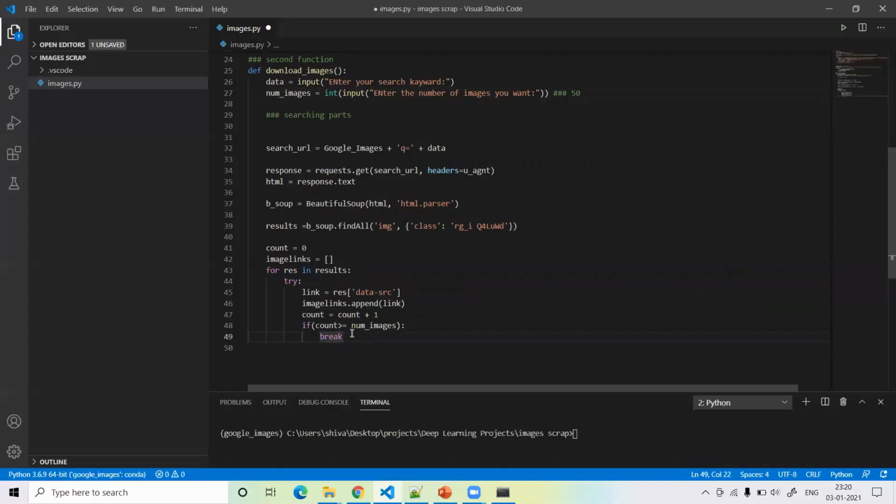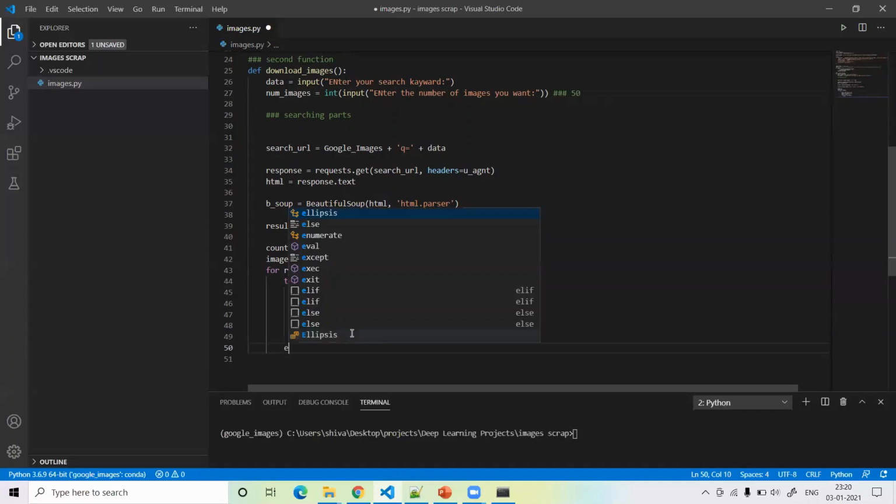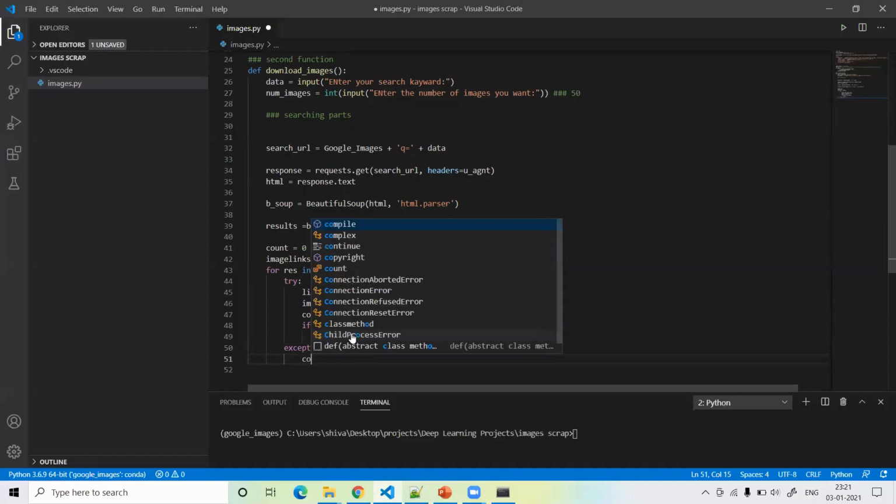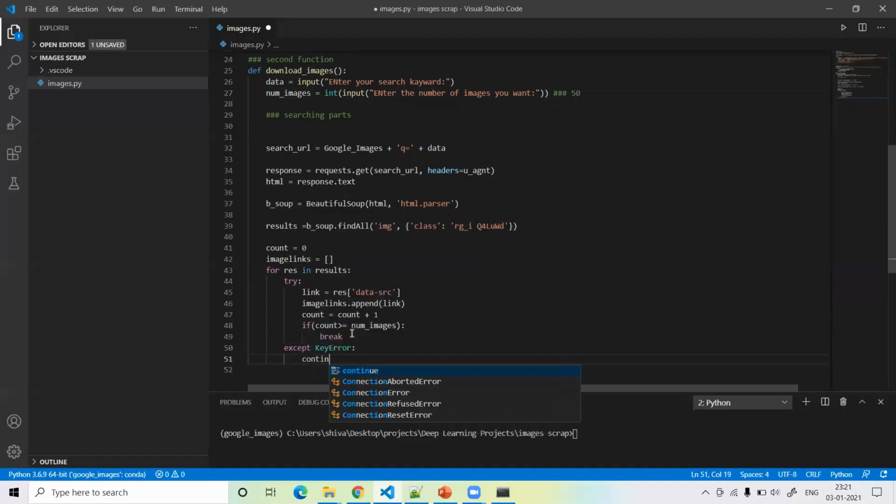So I just call the break function. Or except KeyError, except KeyError and continue. Okay, so our searching part is complete, guys.